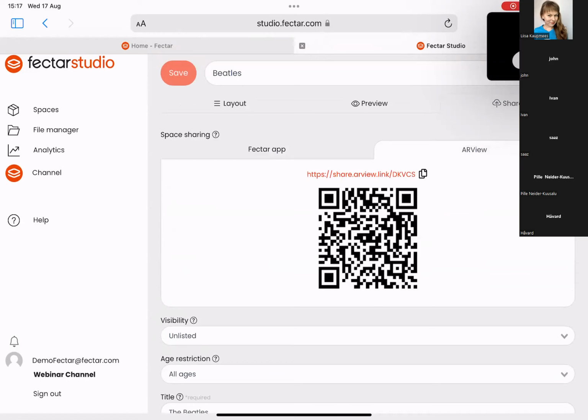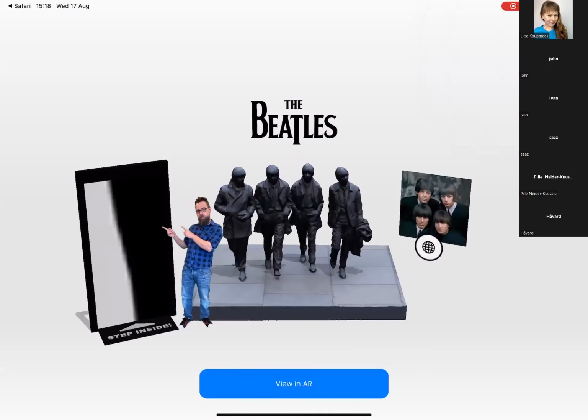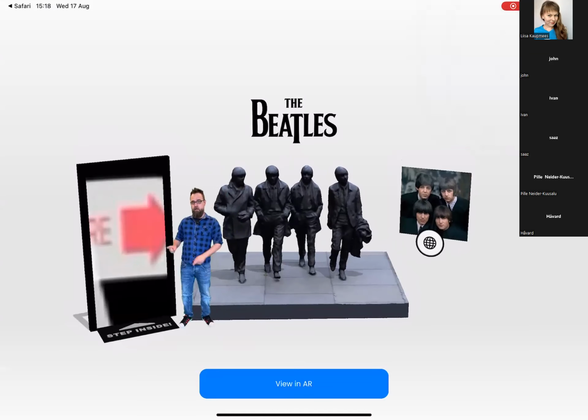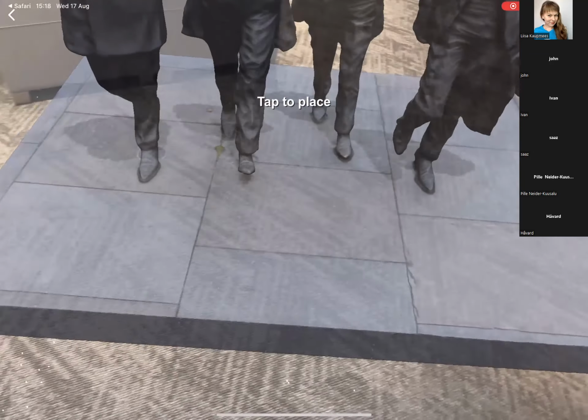For this, I will click on the link to test my space in the AR View app. So I click on this, and I will stand up. I will get a little preview of the space. And then I click on View in AR. It will search the room, so you see a little bit of points on the ground. And if you click on the screen,